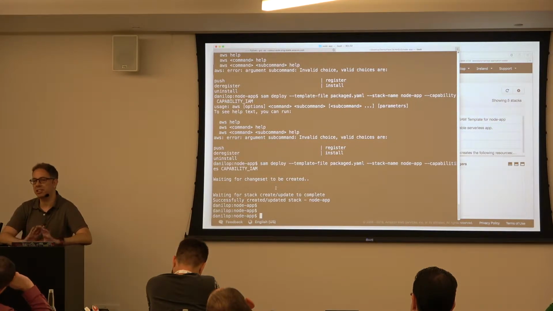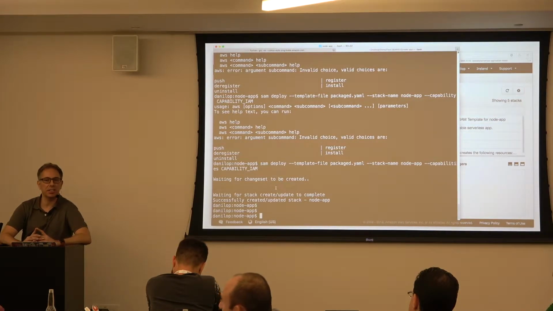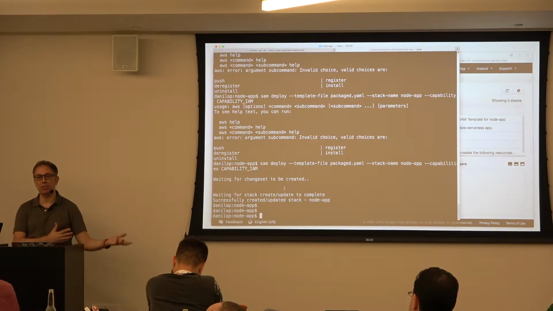So for now, it's just the same syntax. If you have any idea of what we can make easier or simpler from a developer perspective compared to the traditional CLI, we are open for suggestion. It's always difficult because when you simplify, sometimes you are doing things under the hood and